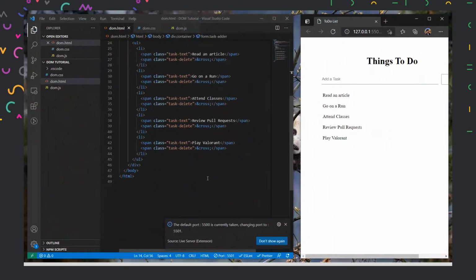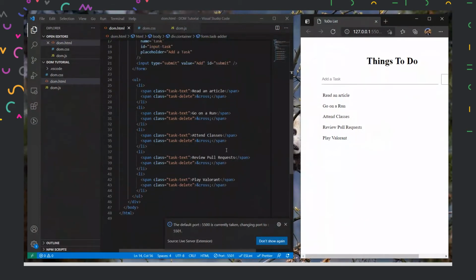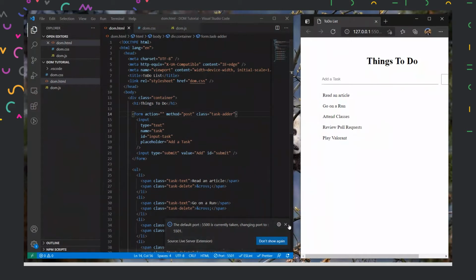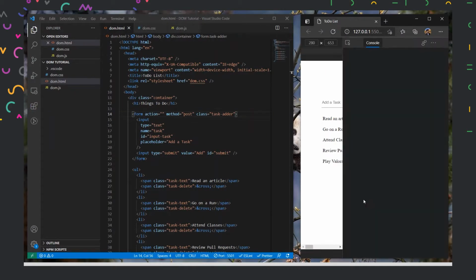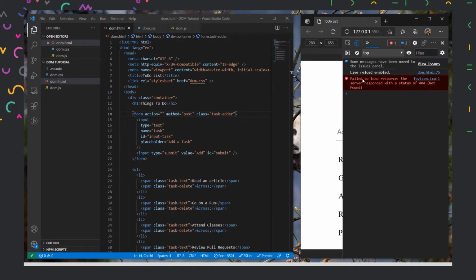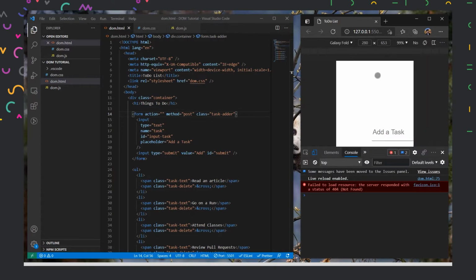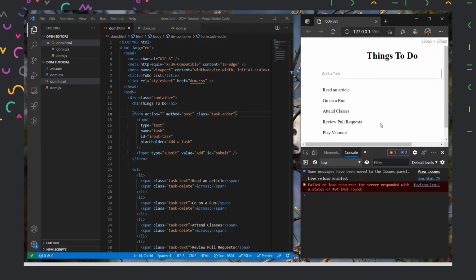Now I'll explain how our DOM structure actually works in JavaScript. So I'll open the console here. To open the console, I'll press Control Shift and J. It should open the console here, and it is opening on the right hand side. I would like it on the bottom side. On these three dots, I'll click on this icon, which will bring it to the bottom.